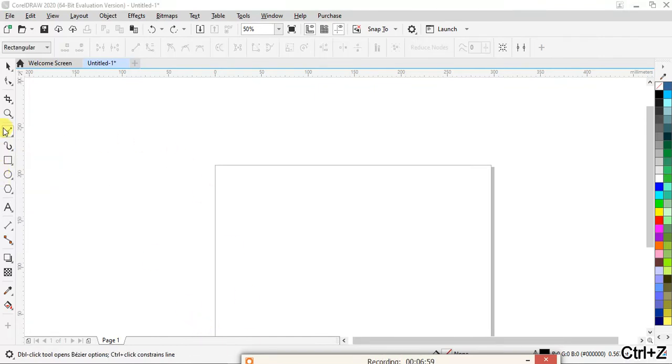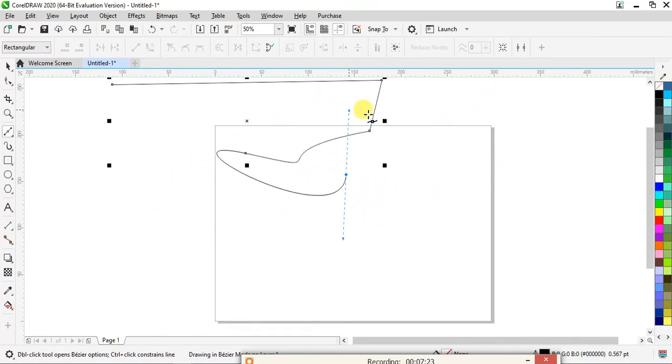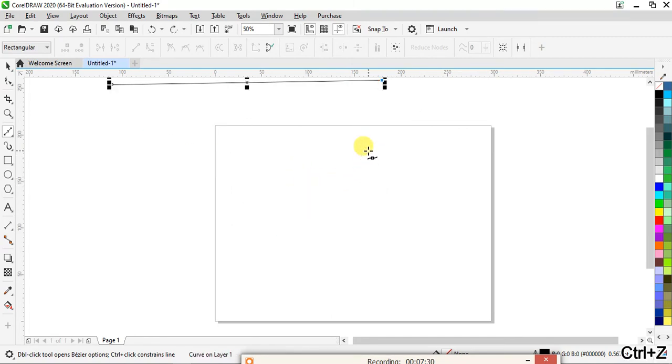Okay, so the next tool is a Bezier tool. Now I'm clicking this point over here. Again, I want to click over here, so it will automatically get the required nodes. What if I want to add a curve to it? I will click on the node and drag my mouse, and you can see I can get my curves very easily to draw any object using these curves. This is how a Bezier tool is used.